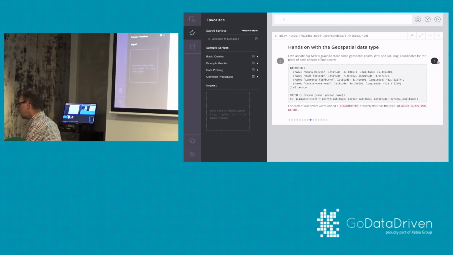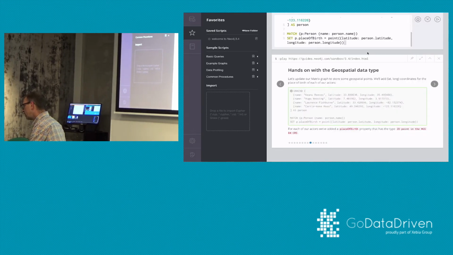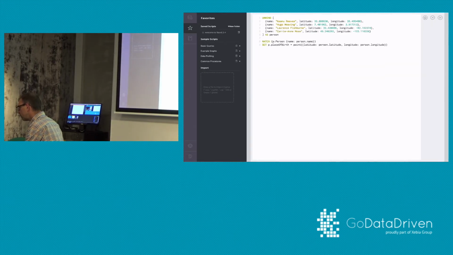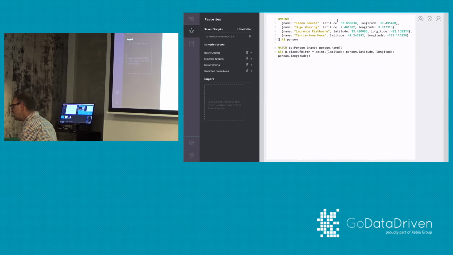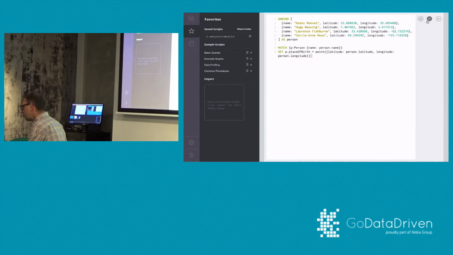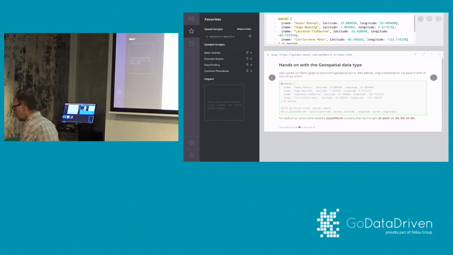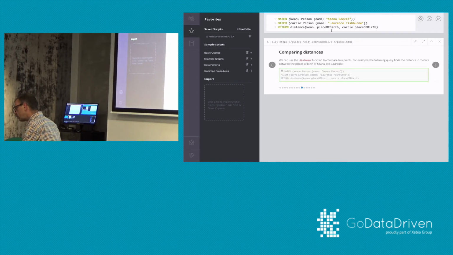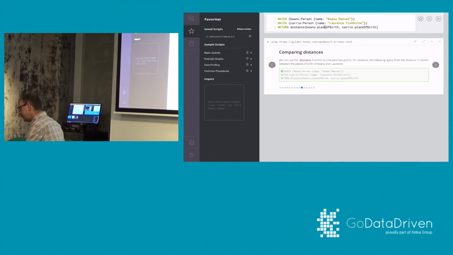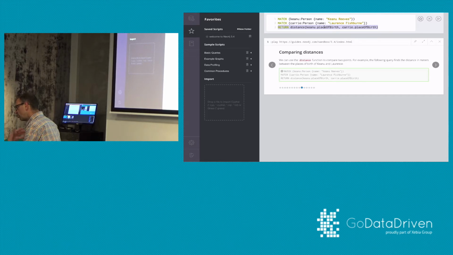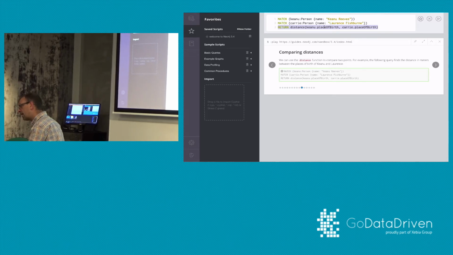The other data type, where here all I'm doing is adding geospatial characteristics to the different nodes that I have in here. Then, similar to what you had in the time data type, it knows about location, right?